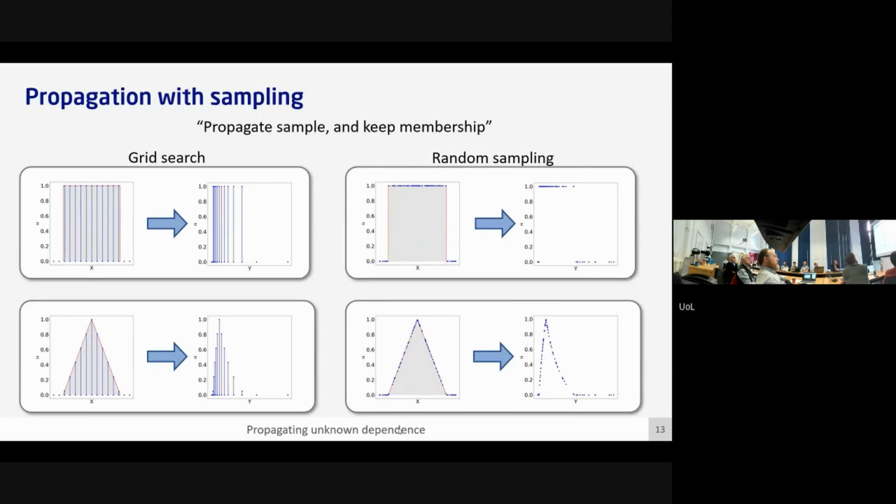Okay, so how do we push these through general functions? The key message here is that you sample the input space, you evaluate its membership in the input, and then you retain that in the output space. On the top left is shown how you would do this for an interval using just a simple grid